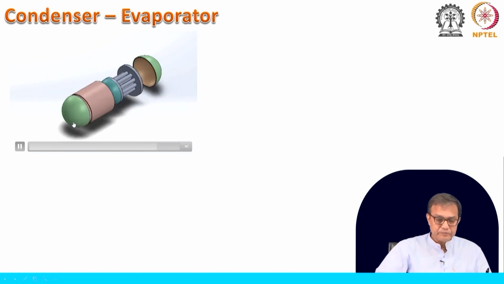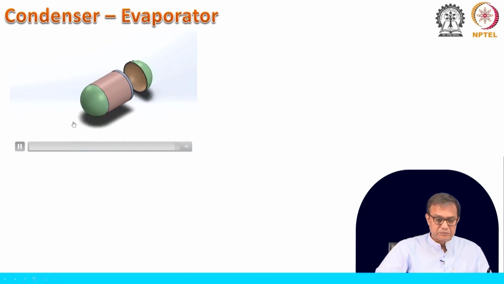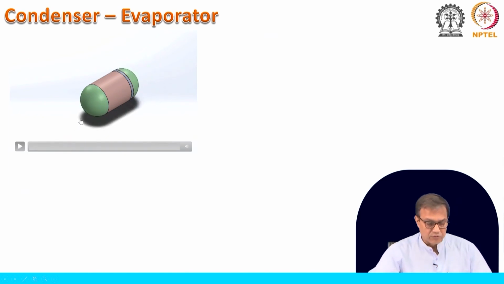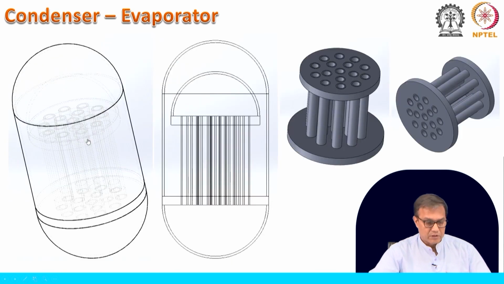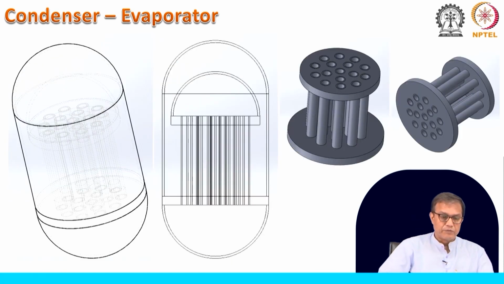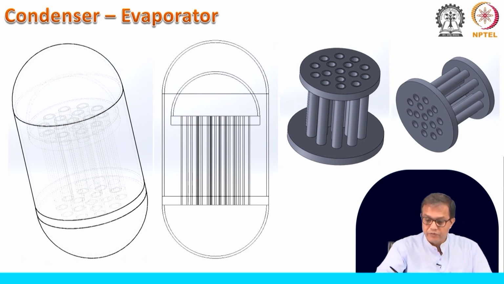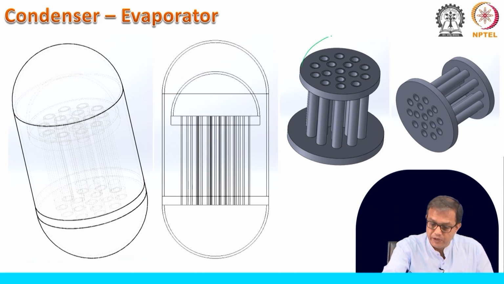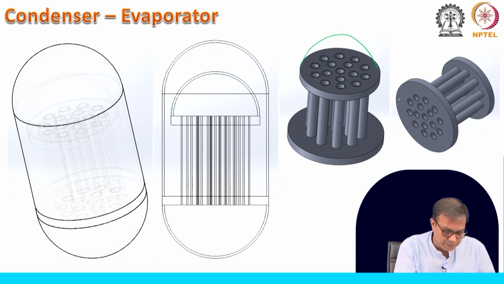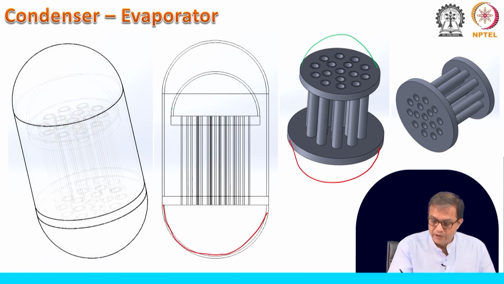Okay. So, now let us look into the 3D structure. As I told you, this is the tube bundle. On top of it we have one cover, this part, and on the bottom part we have covered this side also. Now, this is that annular part where, on this side, we have provided the liquid